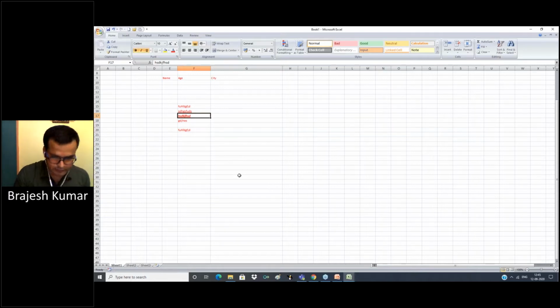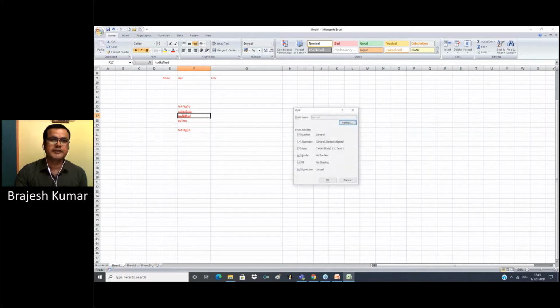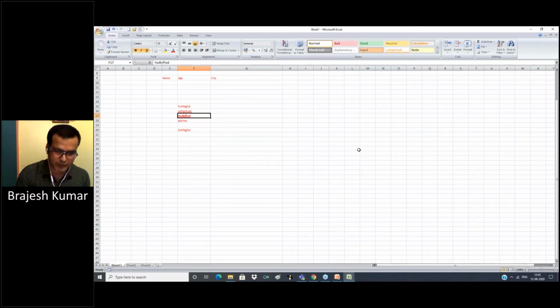This is the display style, how your data is displayed. You can press Control and comma.